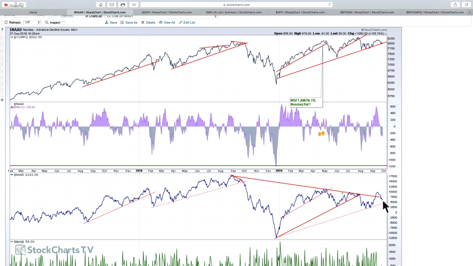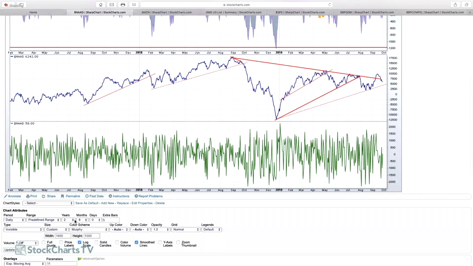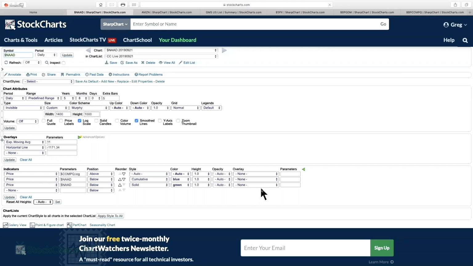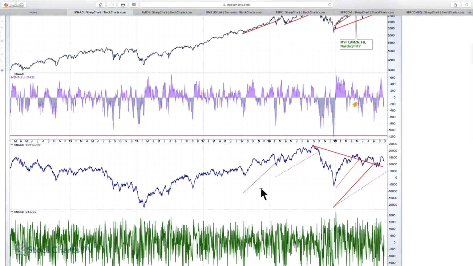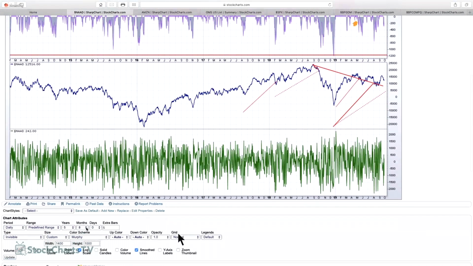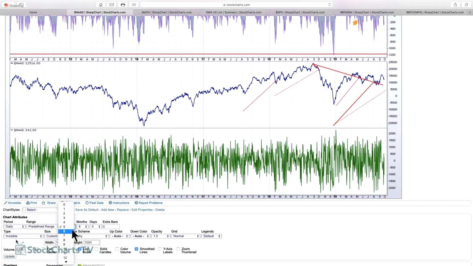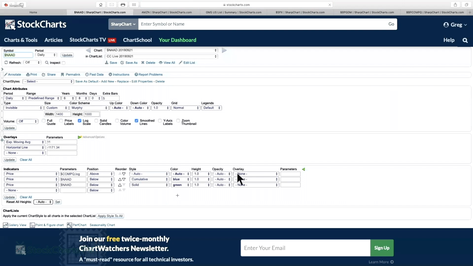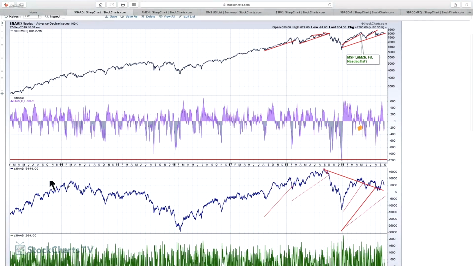And the reason I think this is so important is when we wind out the chart, this is one of the reasons that you want to be a member and try and get more data, because it's the history of the data that helps. I need to go one more year. What you can see on this chart is that back here in 2014, the NASDAQ advance-decline line was declining, and it can decline. It typically does not. It has a lot of tech stocks in it, so it typically underperforms.